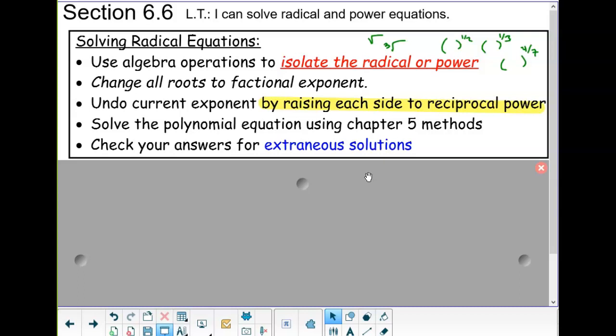So this seems like a lot of steps. To be honest, once we get through a bunch of these problems, you're going to be doing this naturally. It's a natural progression on how you've solved things up to this point. Really, there's three important things. Isolate the radical, raise each item to the reciprocal power, and then check your answers. If you can remember those three things,